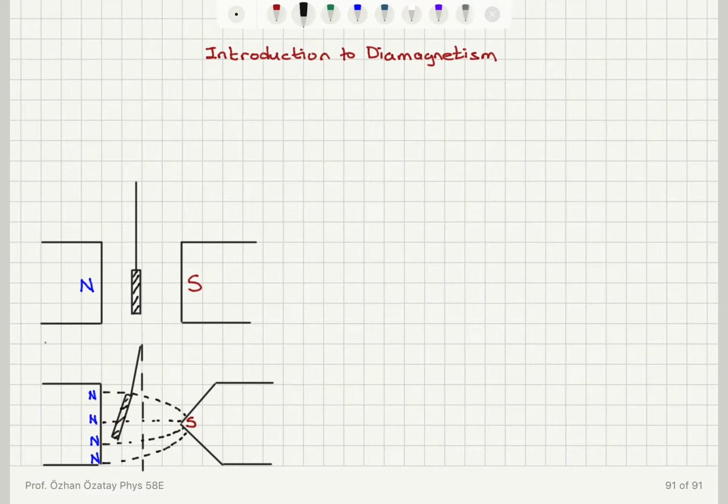Now we'll start talking about diamagnetism. And let's first review the contributions to the atomic magnetic moment. So we have four contributions to the atomic magnetic moment,